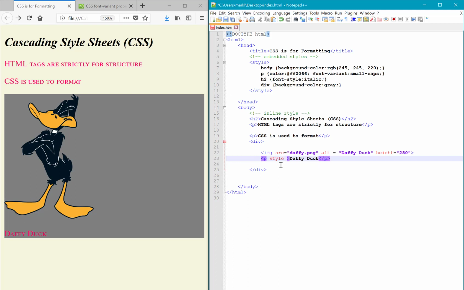So I'm going to put the word style here, and the idea is that only this element is going to receive the style that I put inside this P tag. So style equals, a little bit different syntax here, which sometimes can get a little bit confusing, but the property and the value is still the same concept. So let's say that our style, remember color has to do with changing the font color. So let's make this color,